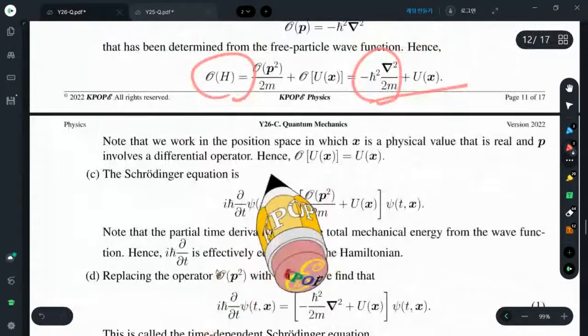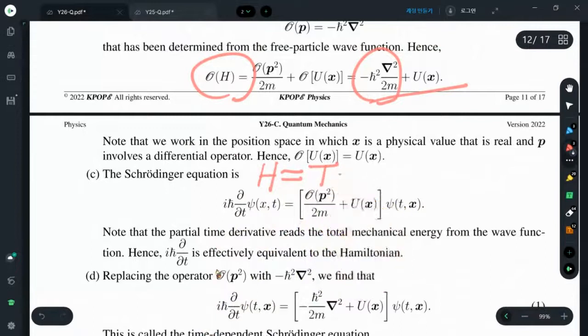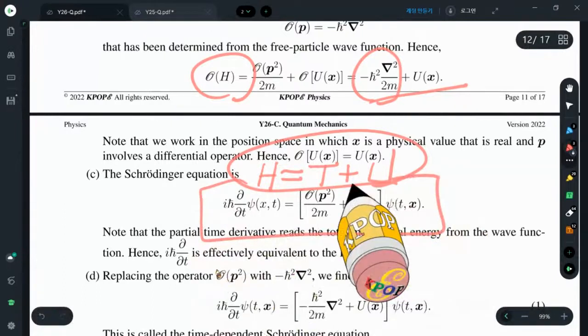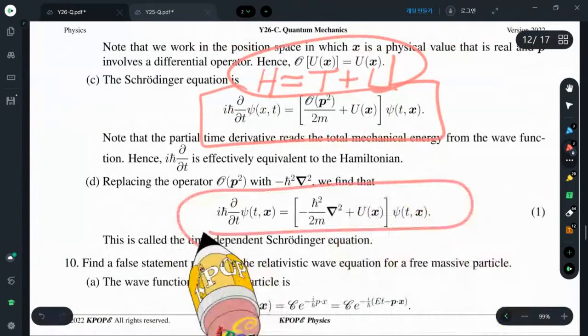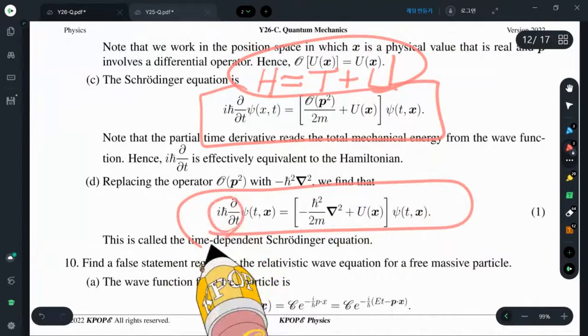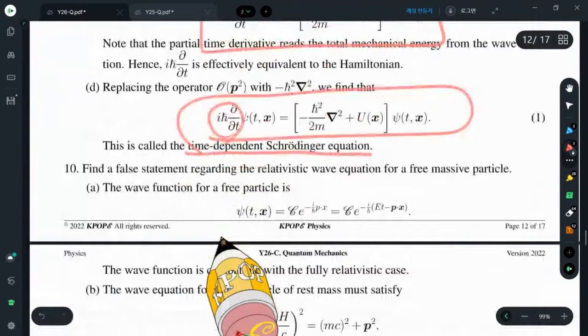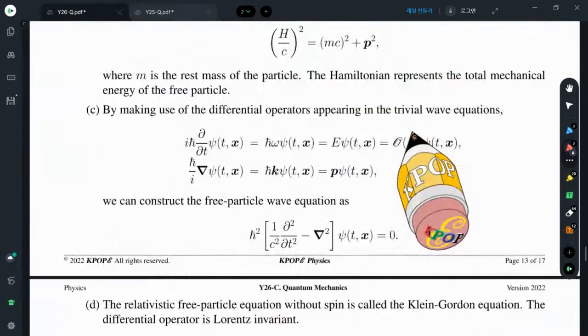Energy conservation says the total mechanical energy H is kinetic energy plus potential energy. This basic idea was employed by Schrodinger to construct the wave equation called the Schrodinger equation. This is called the time-dependent Schrodinger equation, because we have a time derivative. He constructed this Schrodinger equation and studied